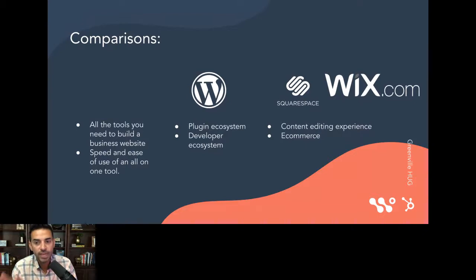In the case of Wix and Squarespace, I think the biggest comparison is that Wix and Squarespace are thinking more of the use case of e-commerce solutions. And in that sense, just like Shopify, I think HubSpot is still not there. It had started and it still is mostly a CMS that makes a lot of sense for B2B, and it can solve some e-commerce implementations through the help of an e-commerce engine like Shopify, but out of itself it's still not